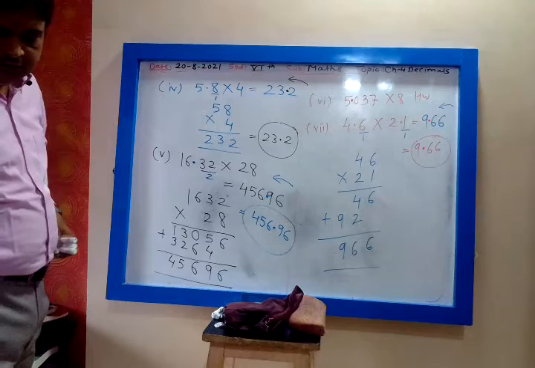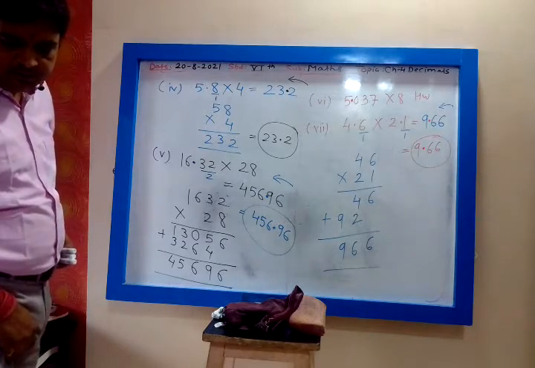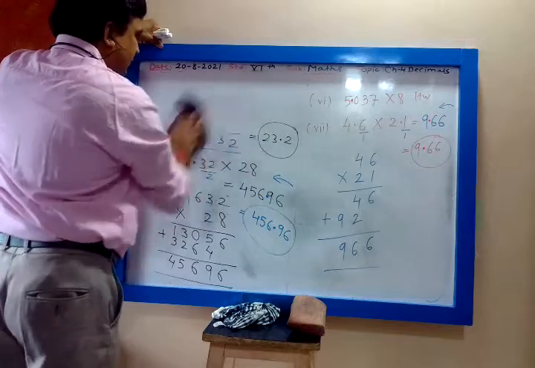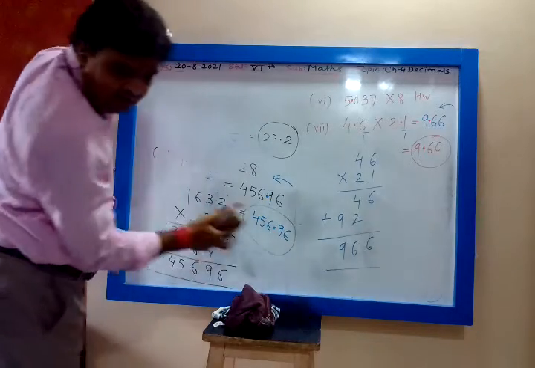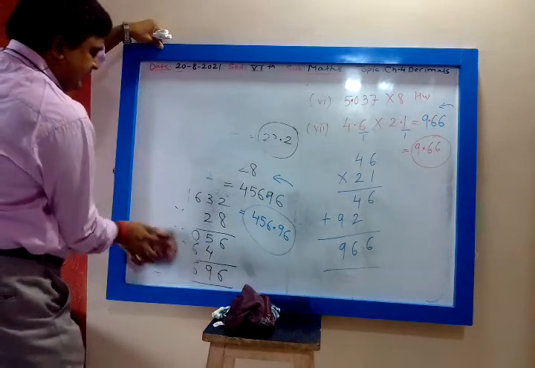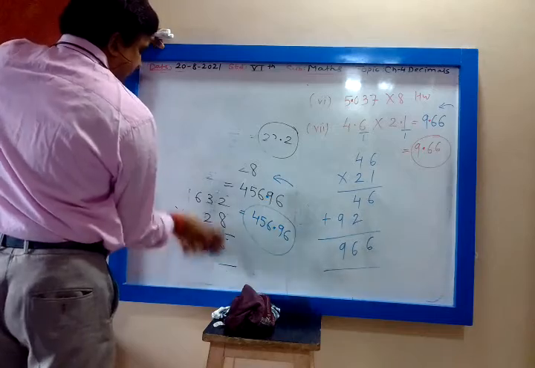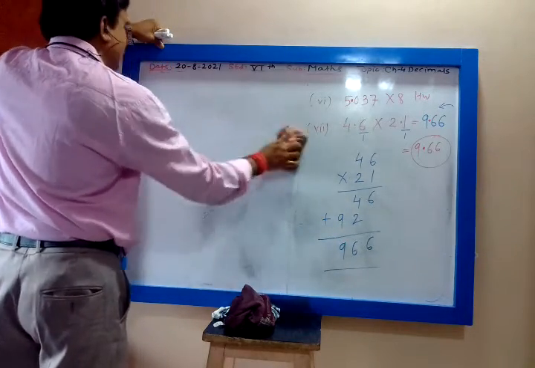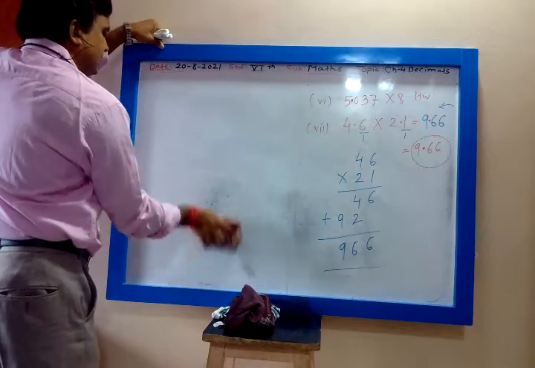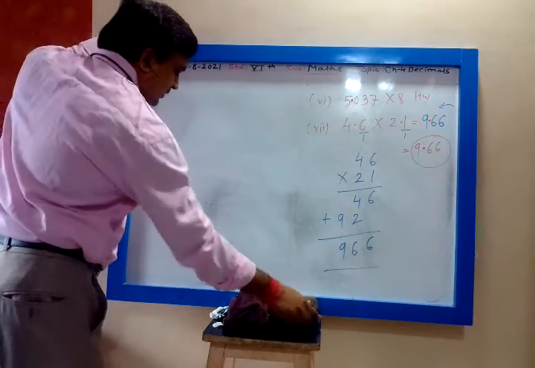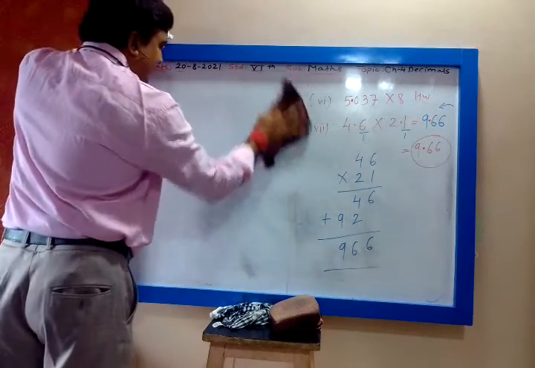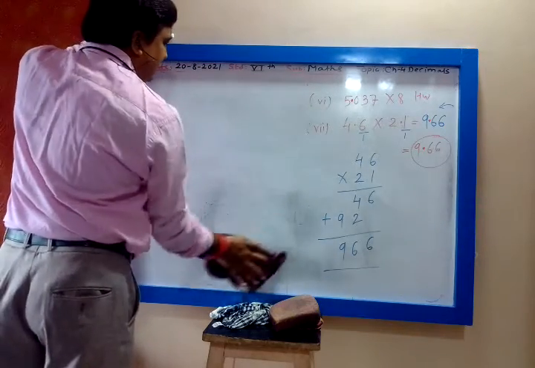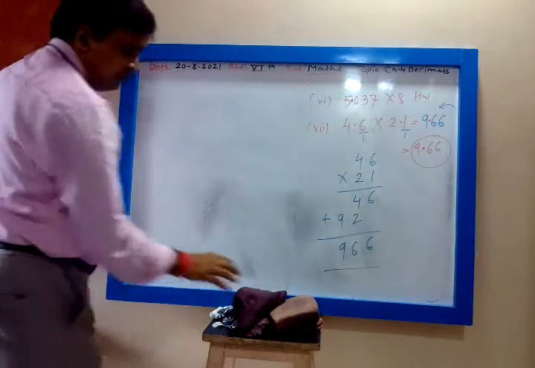Then 0.568 by 6.4. Let me do this. 0.568. This will definitely help you in chemistry and physics numerical problems. So there you will remember me: Sir has taught us multiplication of decimals. So if you want to make your physics and chemistry strong, learn how to multiply decimals nicely.